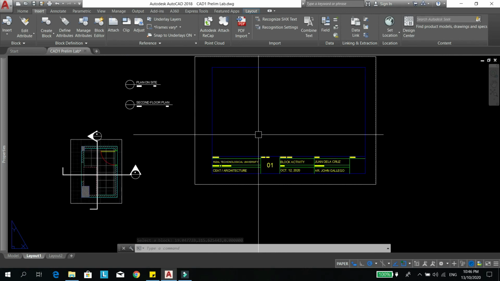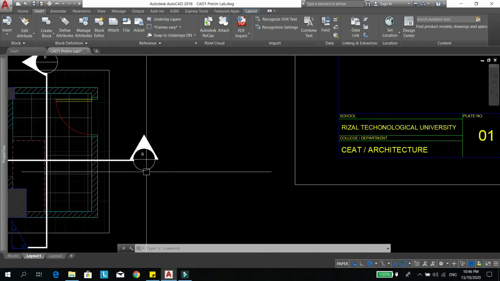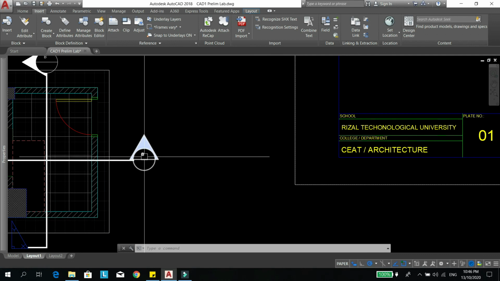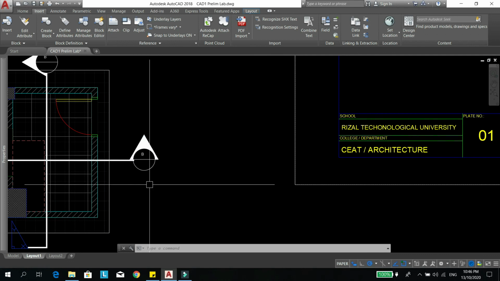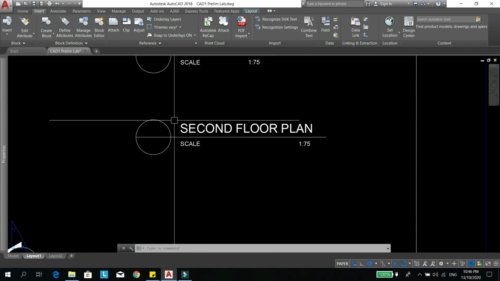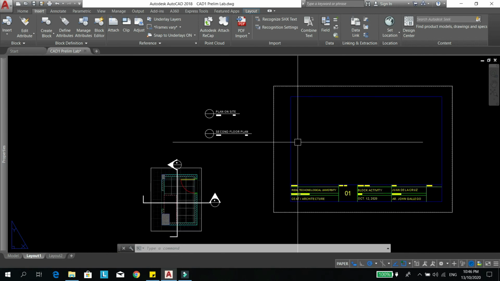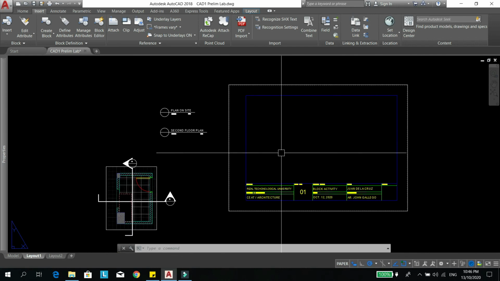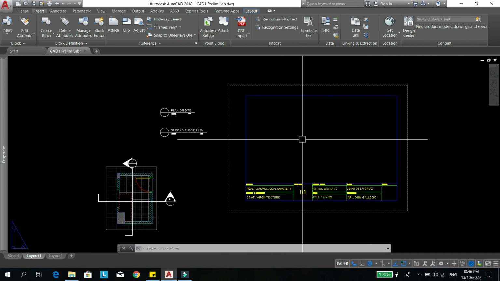Another use of attribute is for the grid lines. Another one is for section arrow. Also for drawing index. So in drawing index, you can use your attributes. Okay. So that's how you will use the attributes. So now we're going to